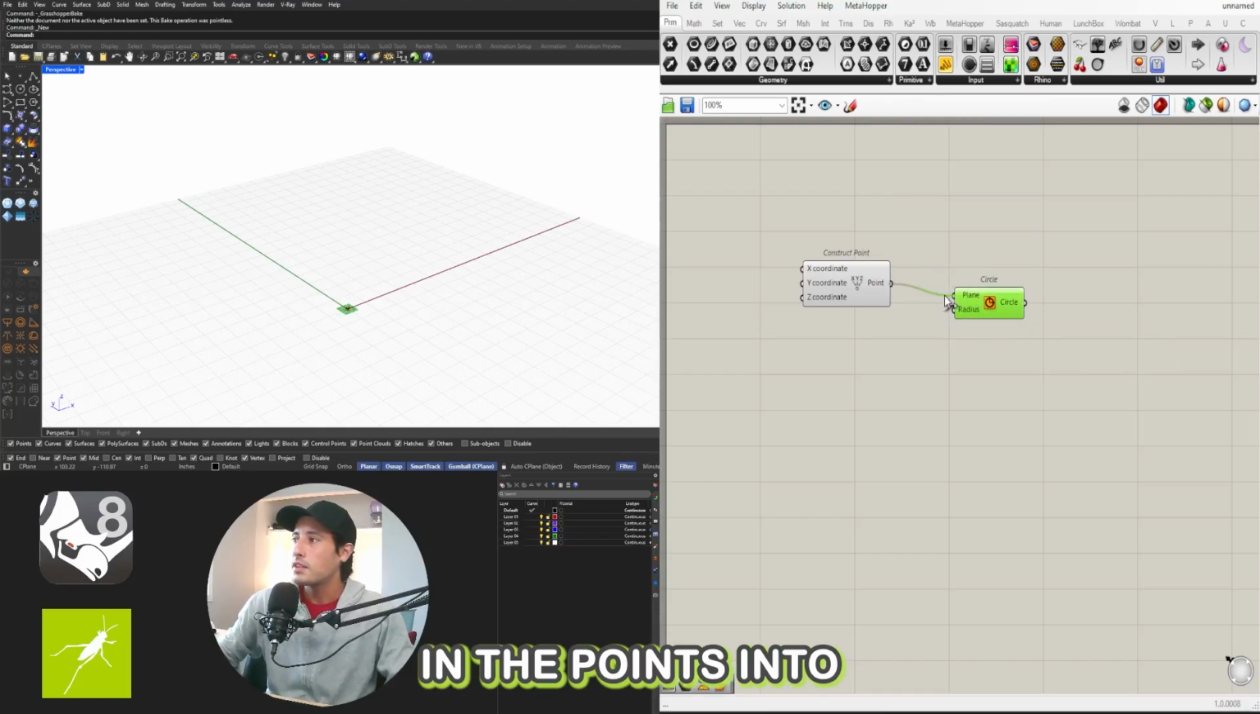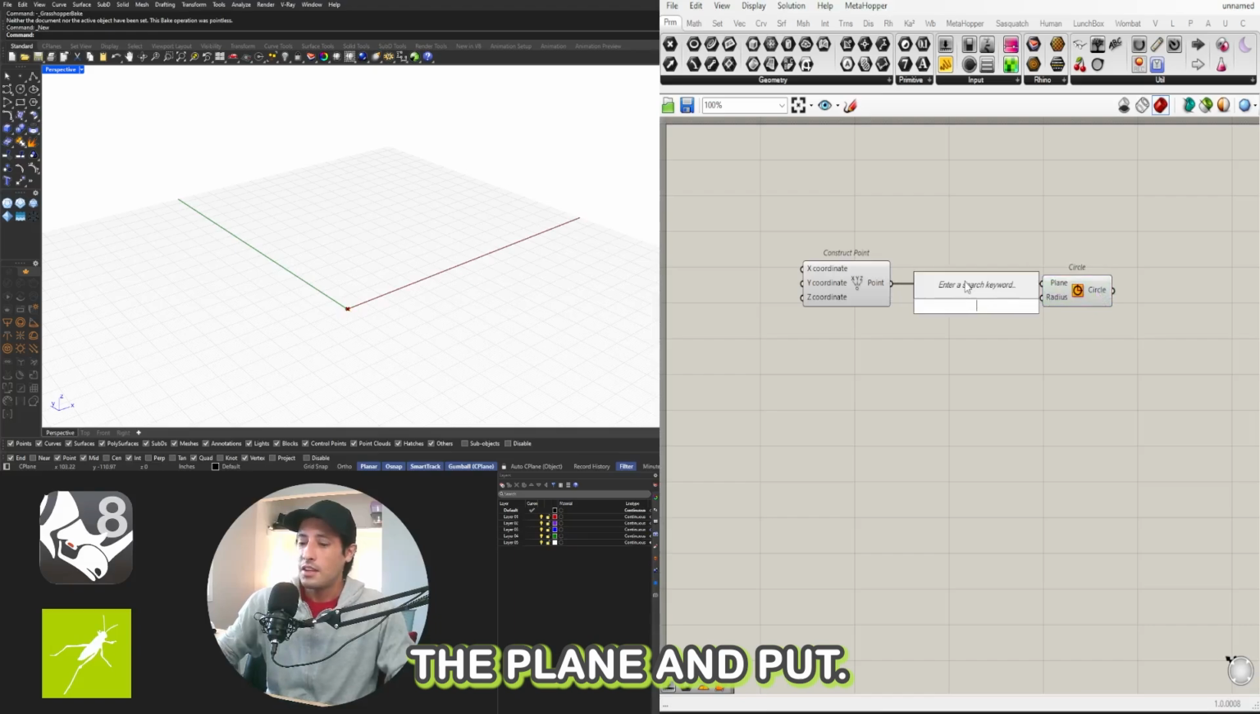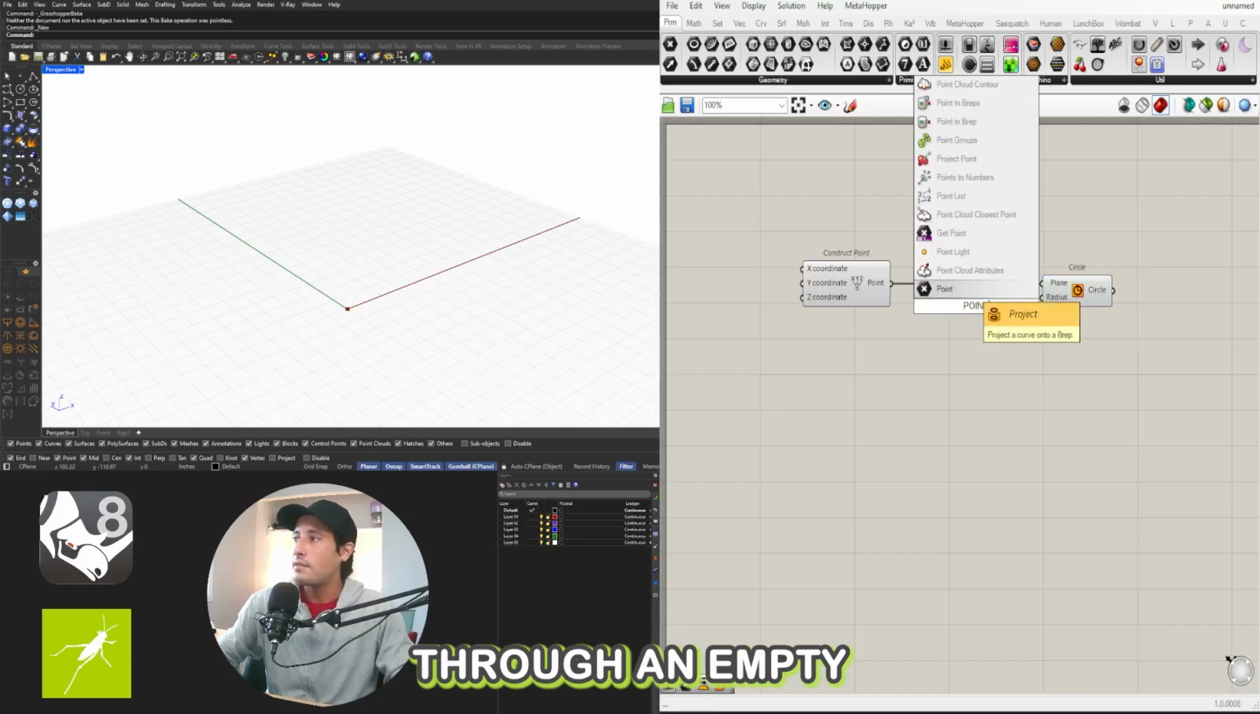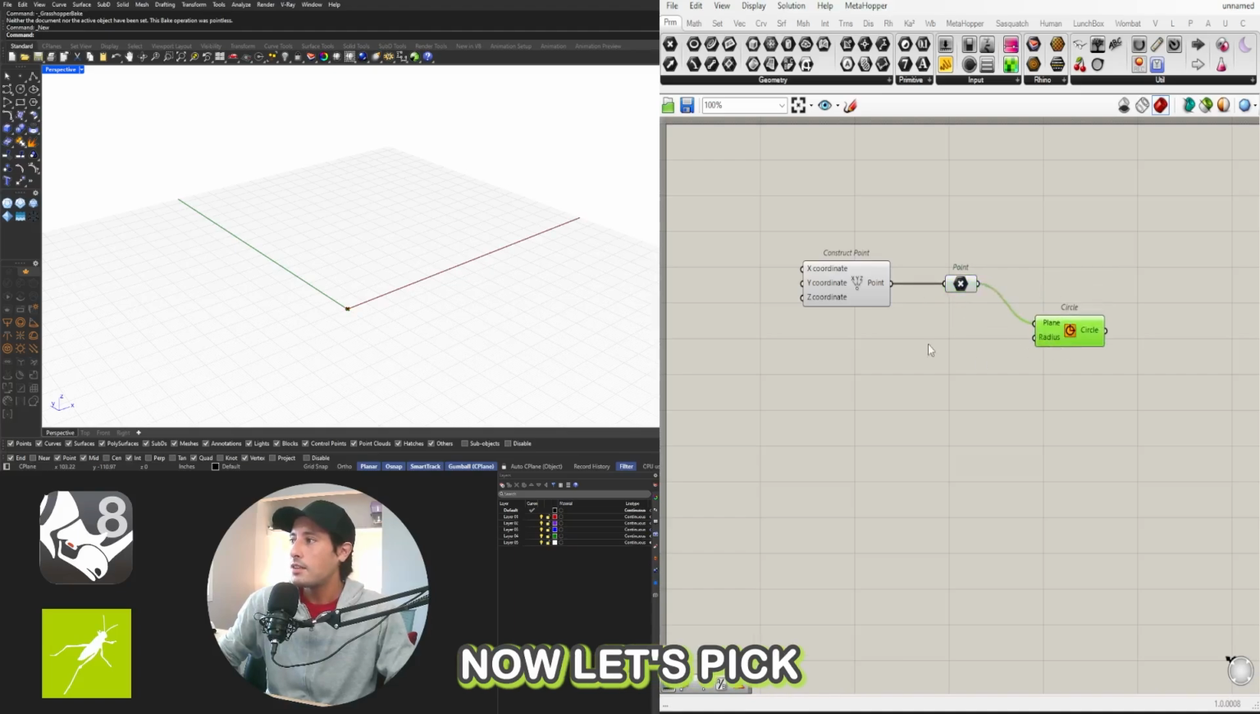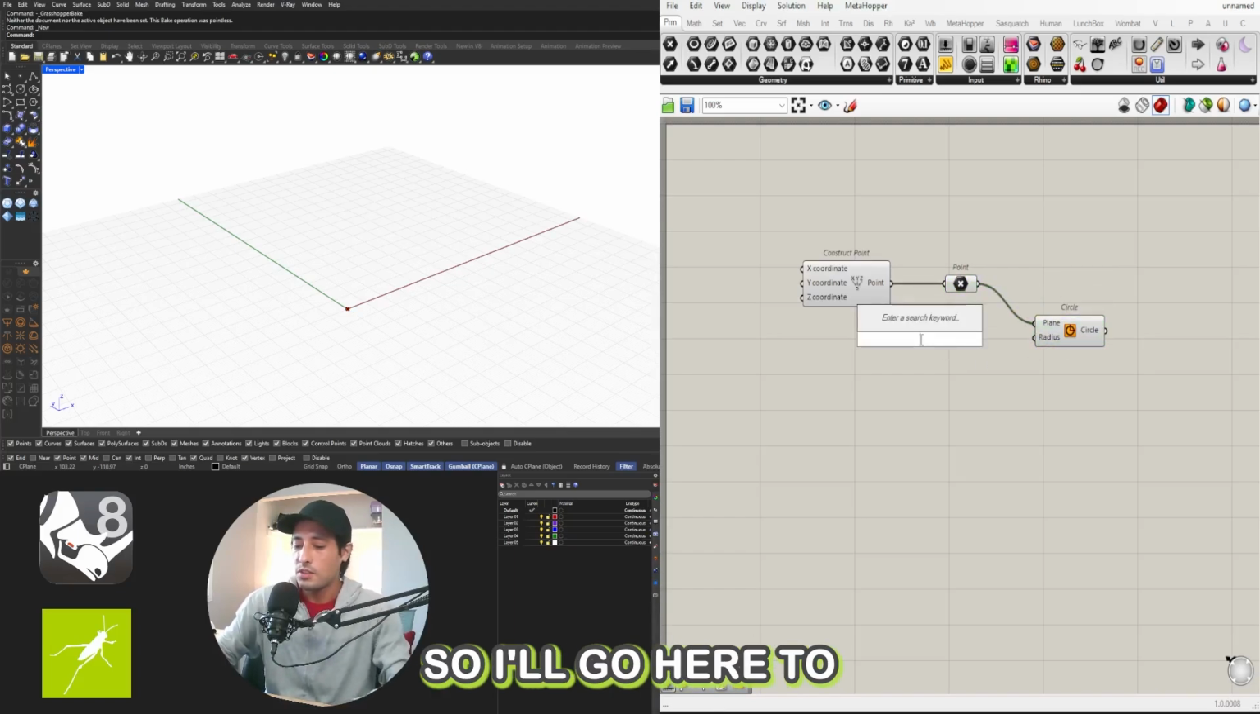We'll plug in the point into the plane input. I do like to route it through an empty point component, so this way we can change that location if we need to. Now let's pick a radius. So I'll go here to